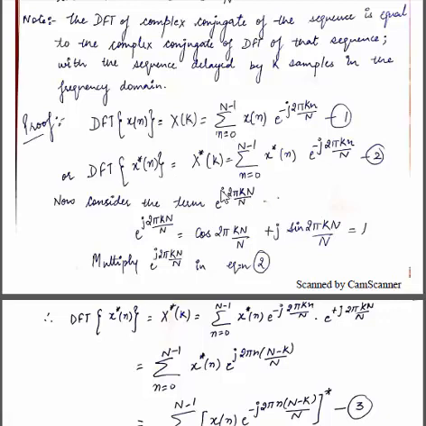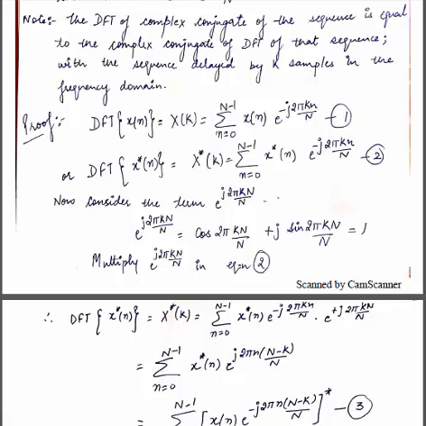Now consider the term e raised to power j 2 pi k N over N. It can be expressed by using Euler's identity as cos 2 pi k n over N plus j sin 2 pi k n over N, that is equal to cos 2 pi k plus j sin 2 pi k, where k is an integer. By putting k is equal to 0, cos 0 plus j sin 0,